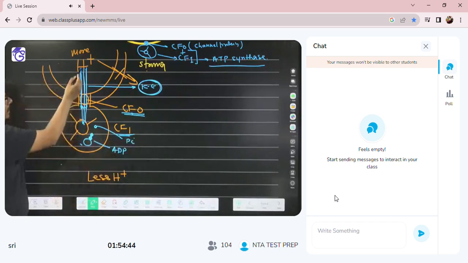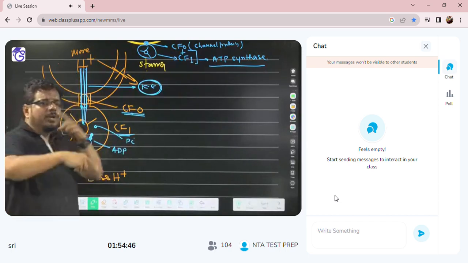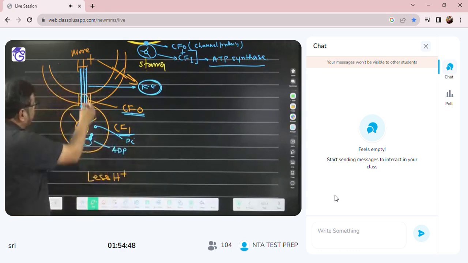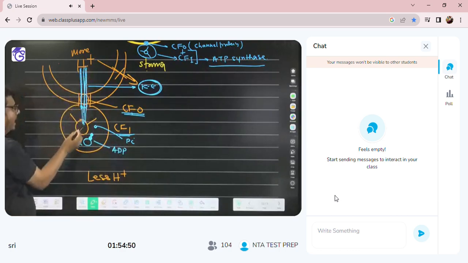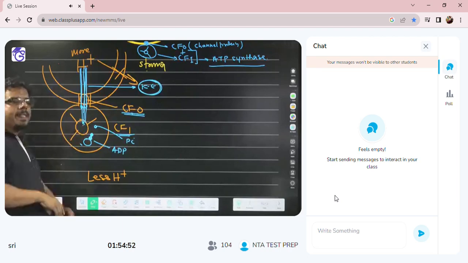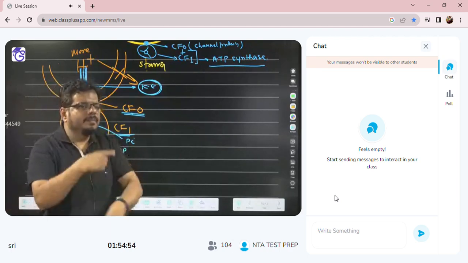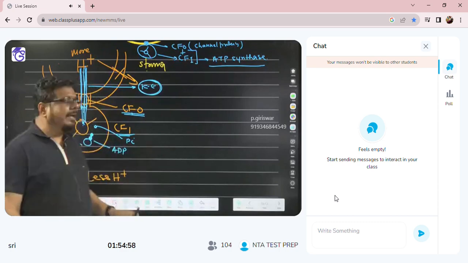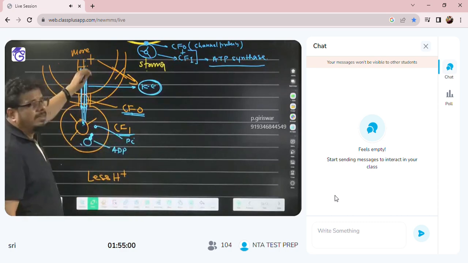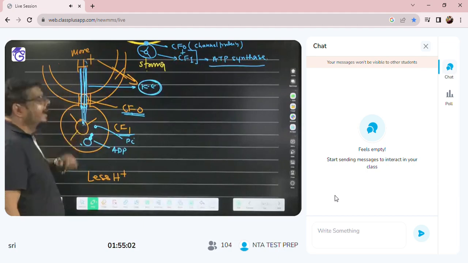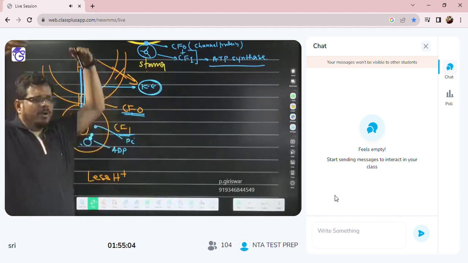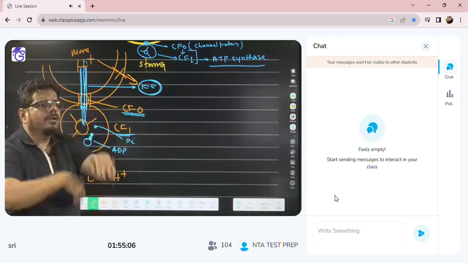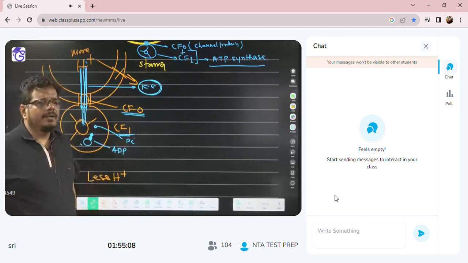Now just try to understand. See, thermodynamics somehow. Now kinetic energy, the moving proton hitting this blade. Who starts rotating? This blade. Kinetic energy is converted into rotational energy. Think of the proton as water and this blade as a turbine. When water falls on a turbine, who starts rotating? The turbine starts rotating. Are you getting the idea?